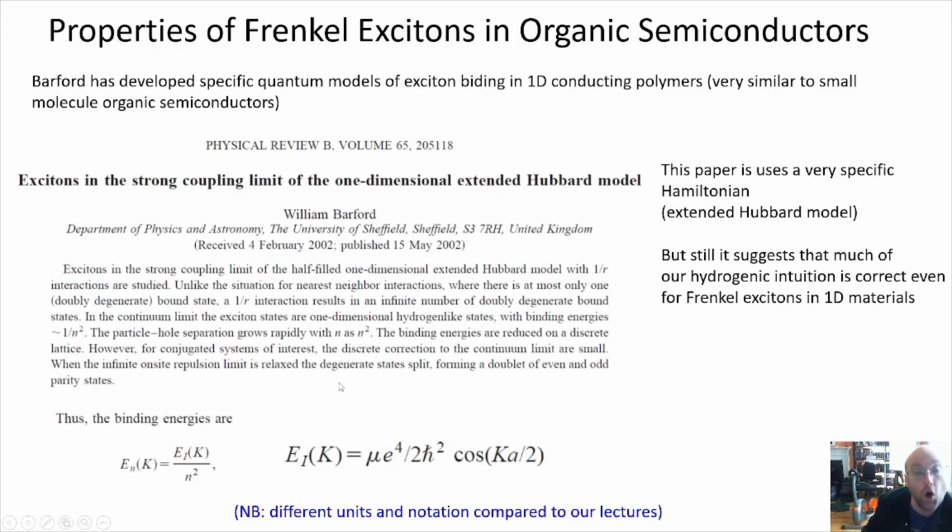So long chains where you have pz orbitals along the chain that can delocalize. And in that case, you get a hydrogen-like model where the numerator is now modified to have not only the effective mass, but also essentially one-dimensional band structure effects associated with